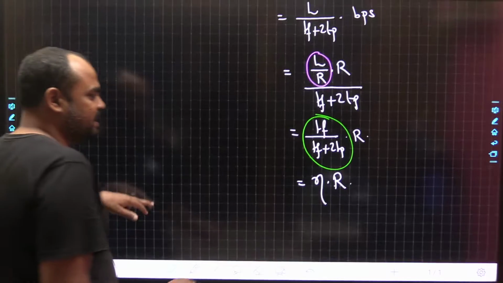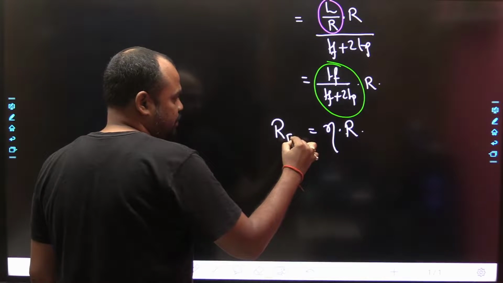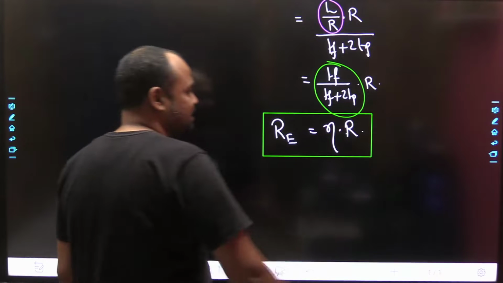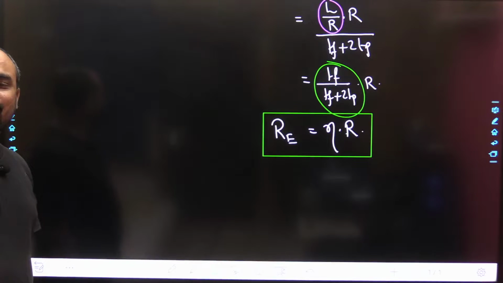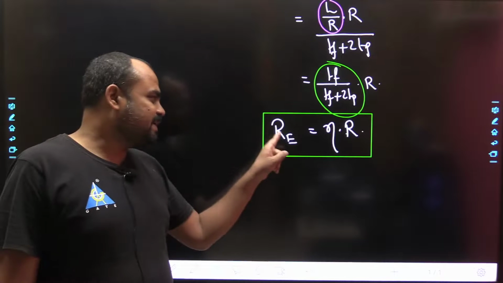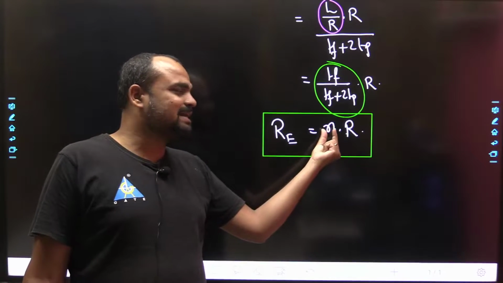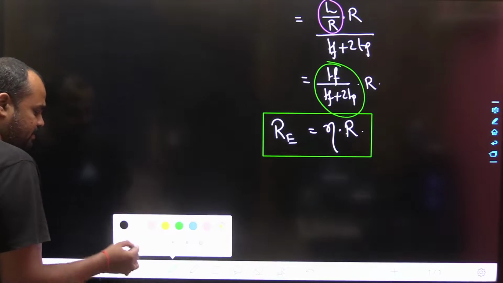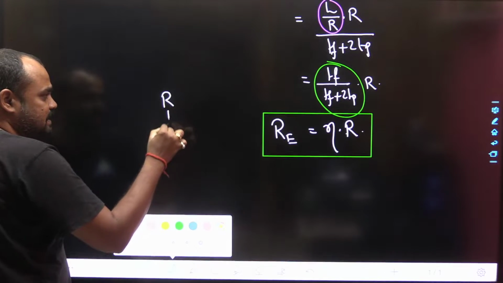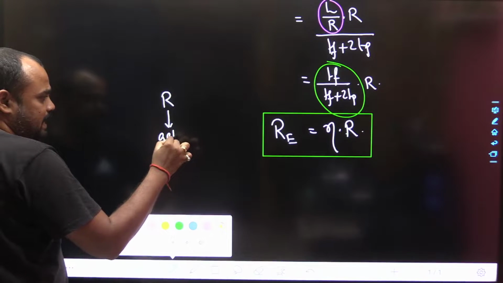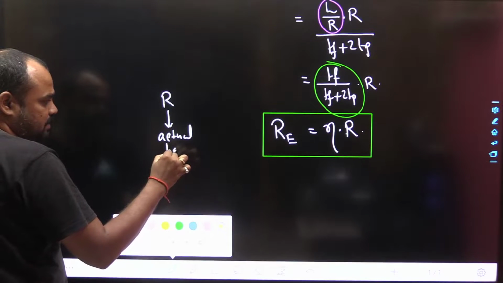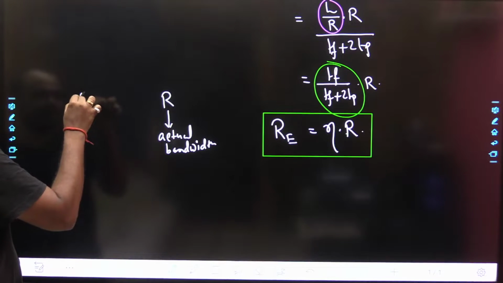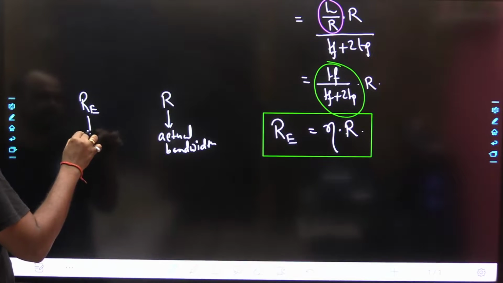So finally we have derived the effective throughput, or the data rate, in this way. Yes or no? Got it? So the effective data rate is equivalent to the channel utilization multiplied with the bandwidth. So here please try to understand, this R is representing the actual bandwidth and this R of E basically represents effective